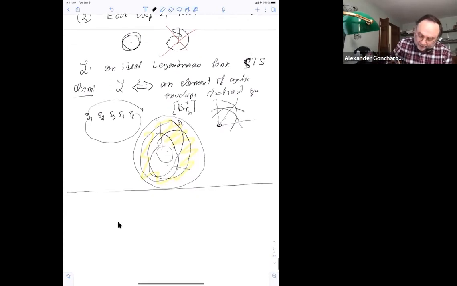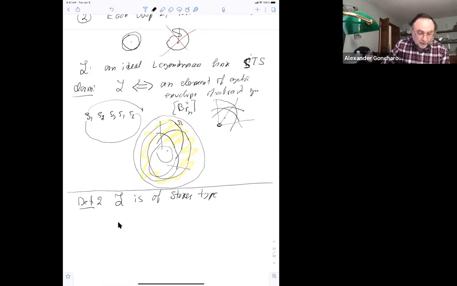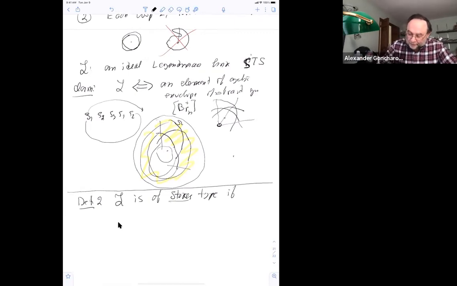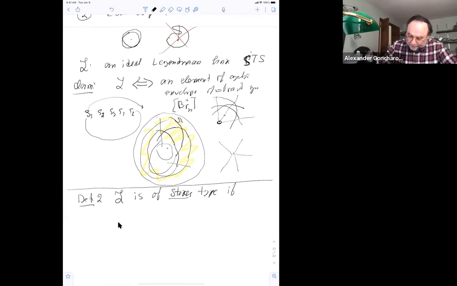What is a braid? And then the second definition is that we say that this L is of Stokes type. Yes, exactly. But here you have a plane. So you have a plane, and first of all, you can consider the corresponding Legendrian links. This means that you consider the tangents to those guys, and then they live already in three-dimensional space. You can think about it this way.